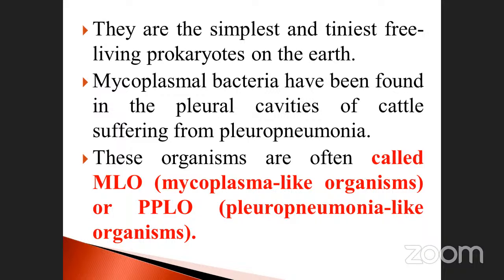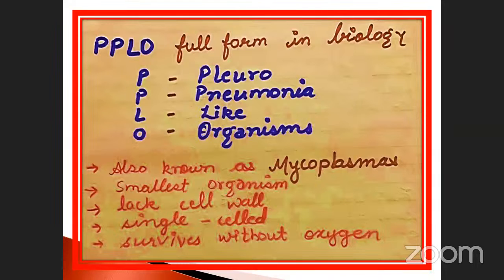These organisms are often called MLO, mycoplasma-like organisms, or PPLO, pleuropneumonia-like organisms. This is very, very important, my dear students. MLO, mycoplasma-like organism. Another one is called PPLO, pleuropneumonia-like organism. PPLO, full form in biology, pleuropneumonia-like organisms, also known as mycoplasmas. Smallest organism, lack of cell wall, single-celled, survive without oxygen. That is called anaerobic condition. They can easily survive, but they are all